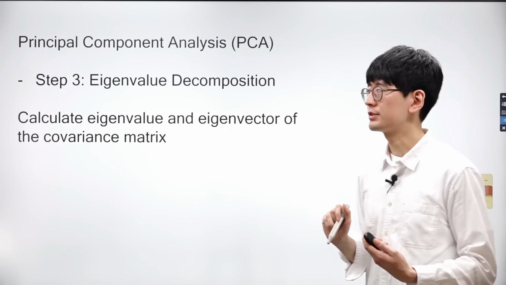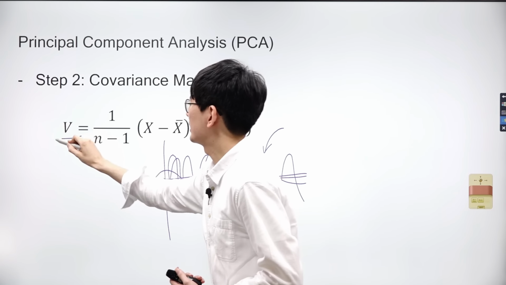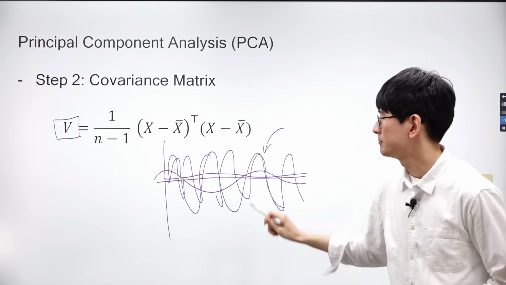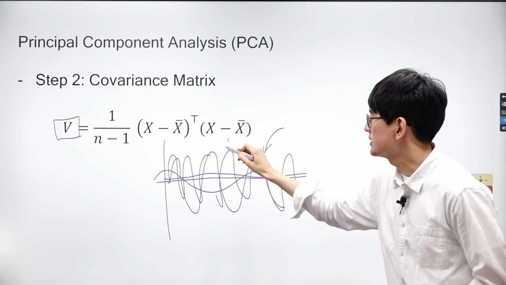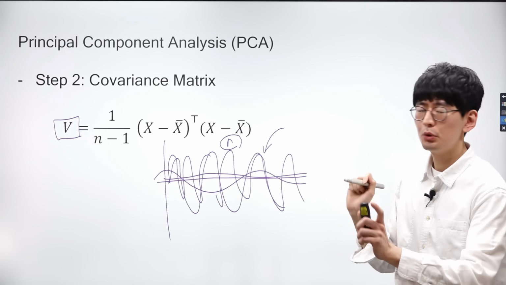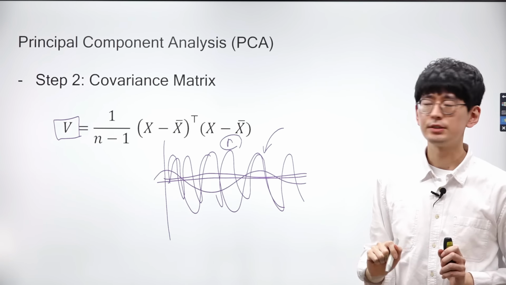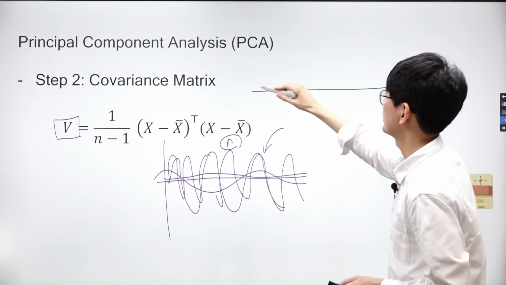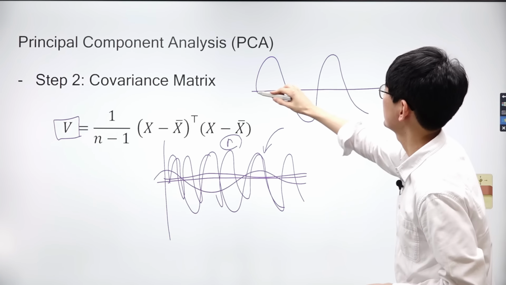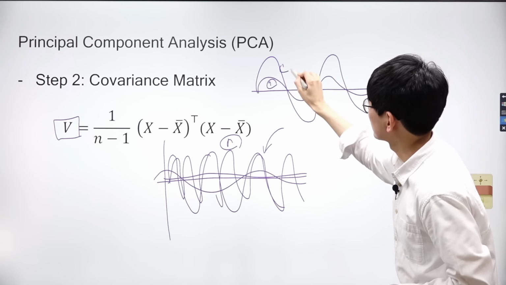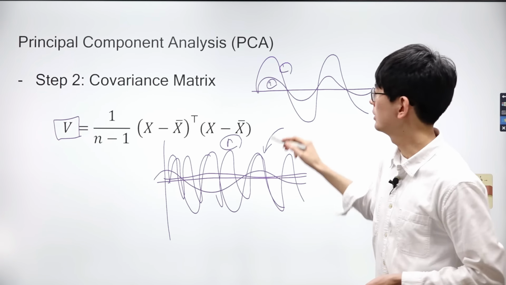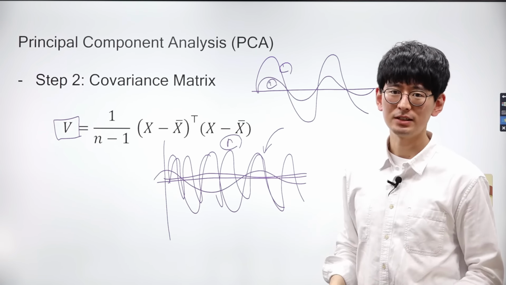The covariance matrix not only contains information about its own variance, but also the relationships with other n-1 data. For instance, consider data number 1 and data number 2. Let's visualize the variances of these datasets. Given that both datasets fluctuate with the same cycle, we might question the necessity of retaining both datasets rather than utilizing just one of them.